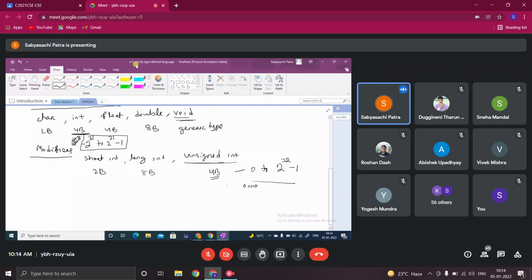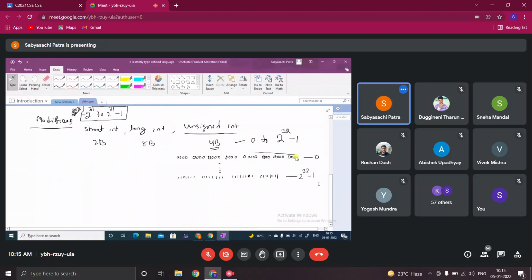You can take 32 bits, all 0. That is equivalent to 0, and it will continue up to all 1s, and that is equivalent to 2 to the power 32 minus 1.